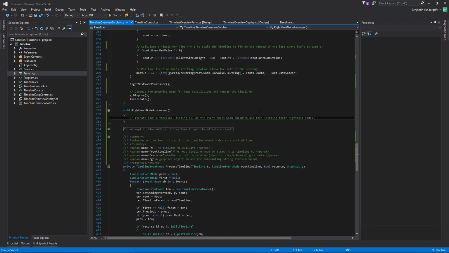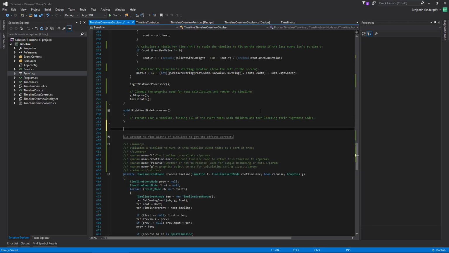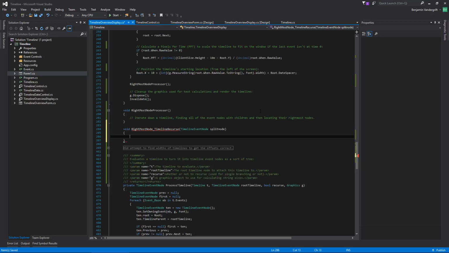Okay, so the way that this is going to work is I'm going to make a function. That's the overall order of this. So I'm going to make a function, I'm going to call it rightmost node timeline recurse, and this is going to take a timeline event node, split node. Okay, so this one should have children. And what this is going to do is,